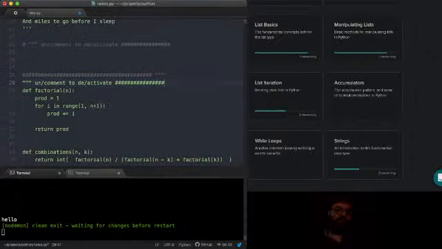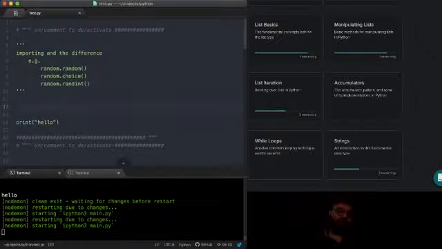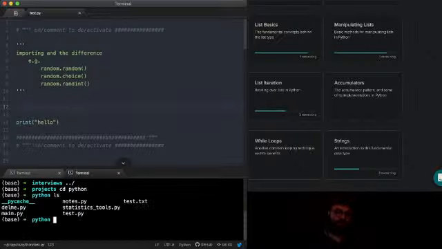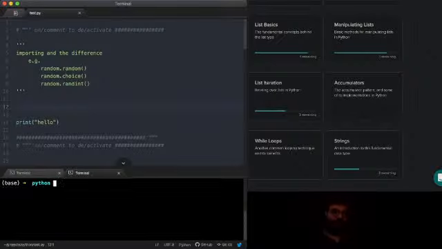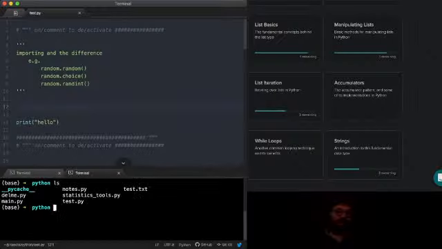Let's see. I'm in my little Python experimentation directory, and I have just a few random files in here.